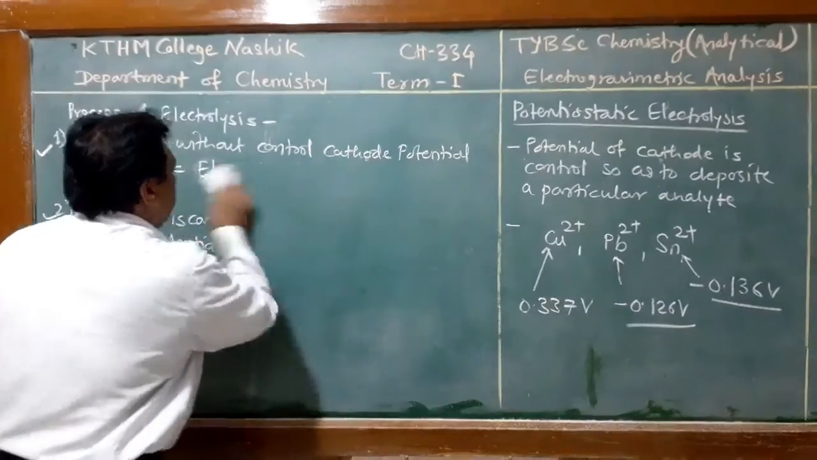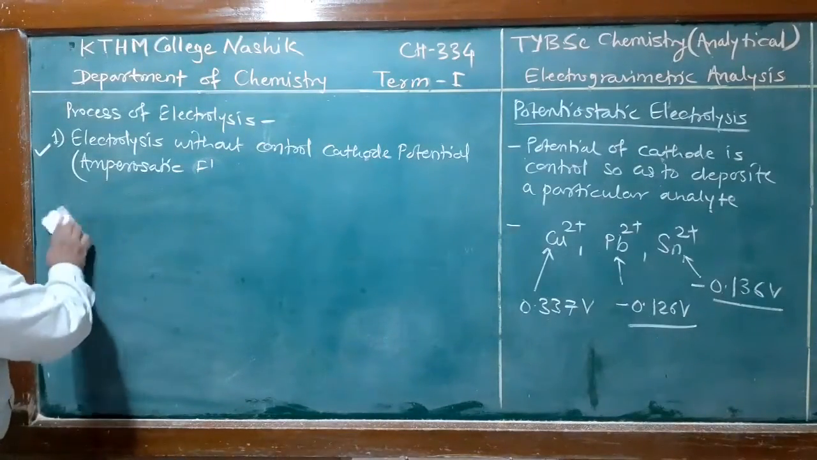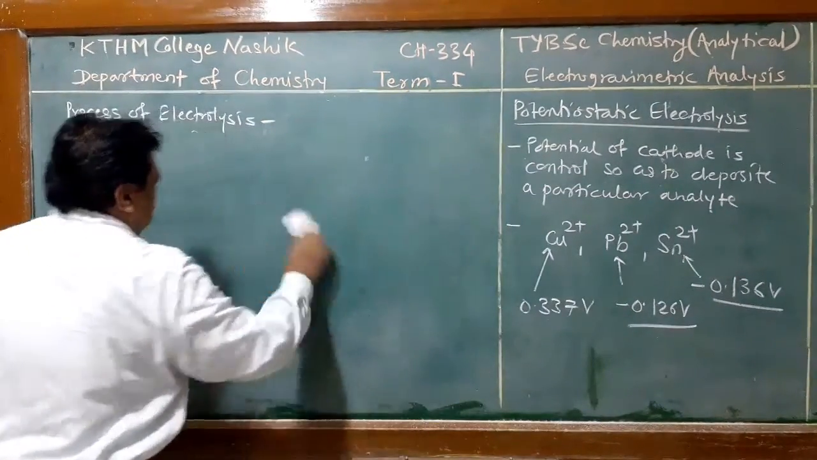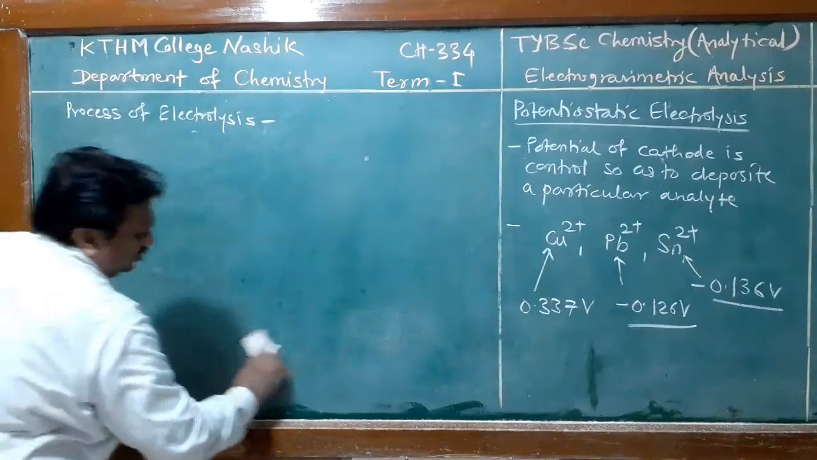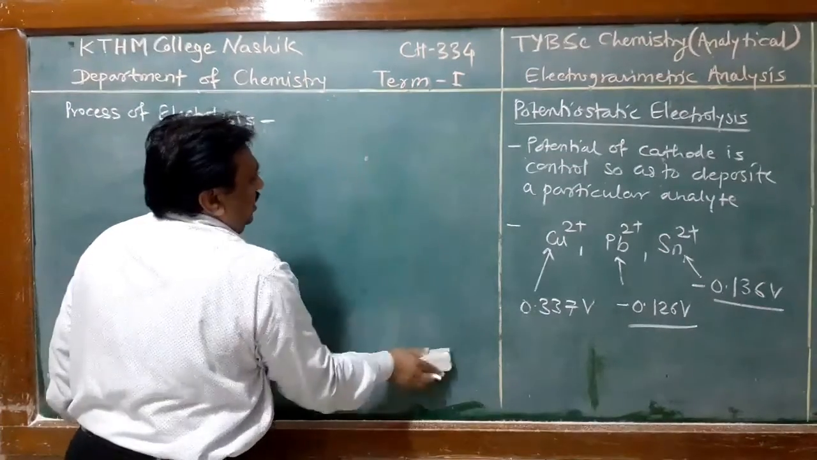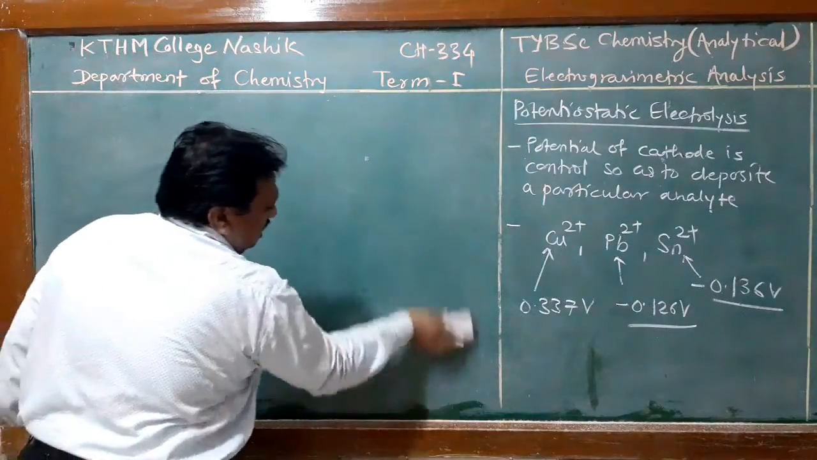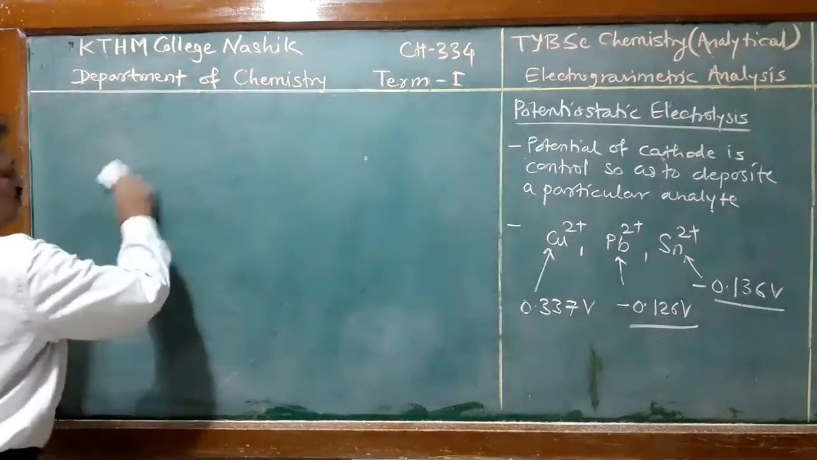Therefore, basically electrolysis is of two types. One is amperostatic, in which potential varies but current is constant, and the second one is called potentiostatic, in which potential is constant, current may vary. And therefore, here these two